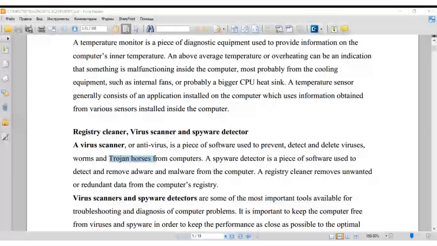It does not have to rely on other programs. And worms are even worse than viruses. So we have the virus scanner. Then there is what you call the registry scanner. This is another tool that can be used to